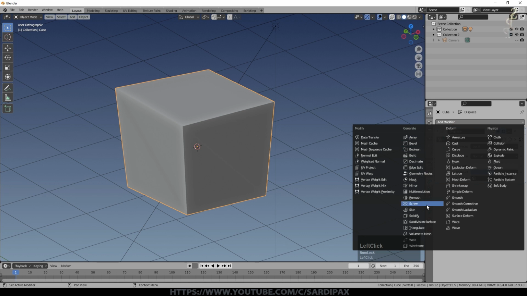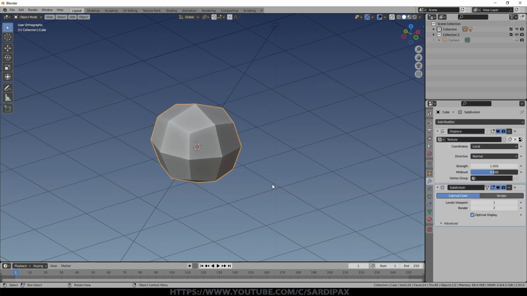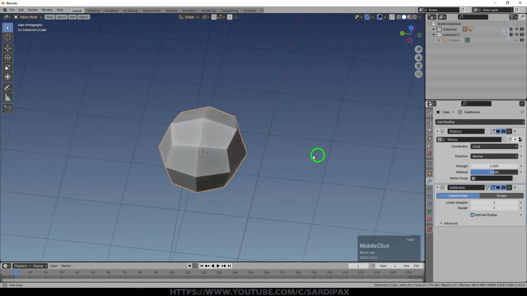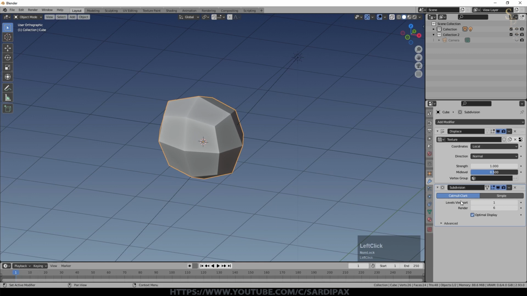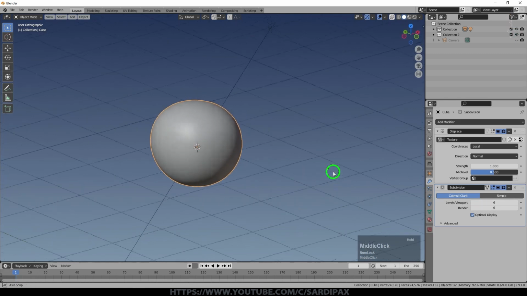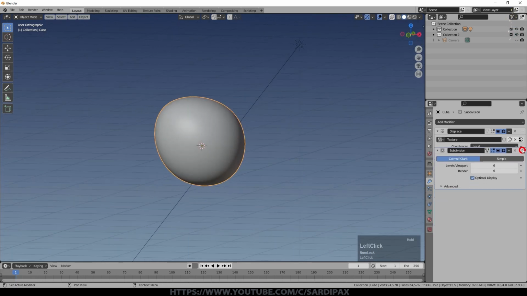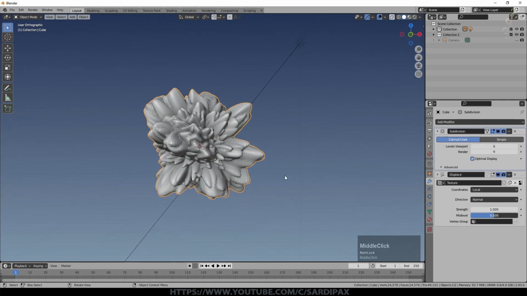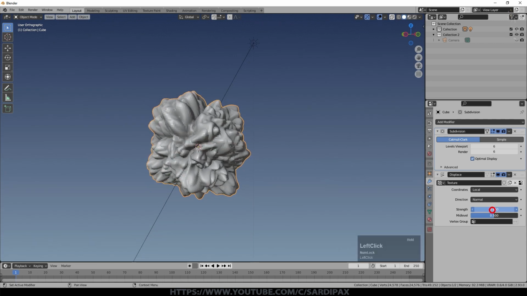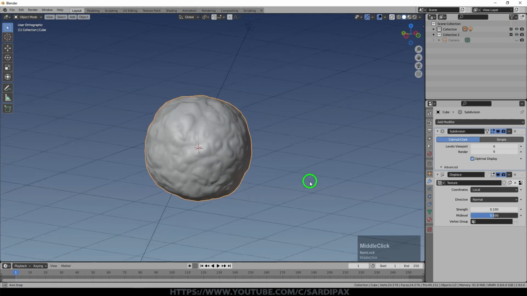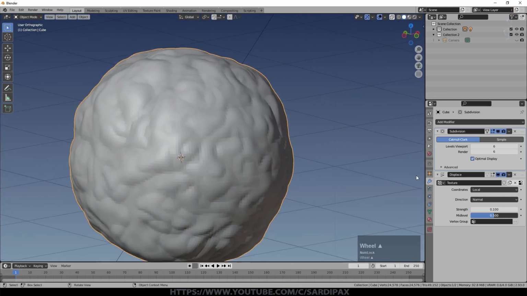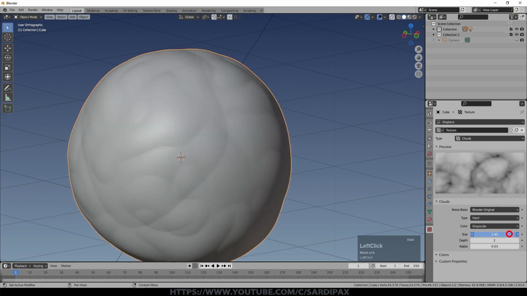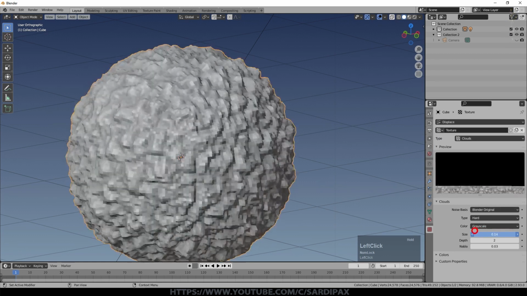So I'm going to add a subdivision surface. At the moment, that's below that displace modifier, so it's not helping us to see what's going on. Even if I put it all the way up to 6, it's just made a smooth, slightly distorted ball. If I lift it up here, suddenly now we can start to see what that displace modifier is really doing. So I'll turn the strength down a little bit so it's not quite so extreme, and now we can see what effect that's having. And if I go back to the texture modifier, and if I play with the size, you can now see how that is mapping into that shape.